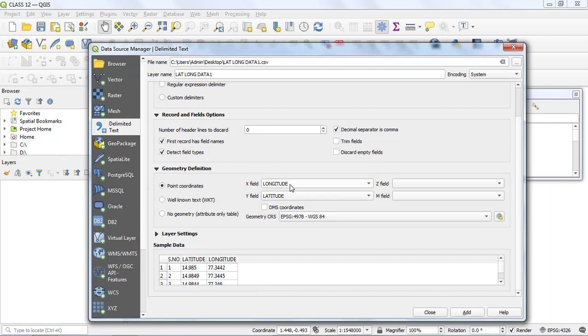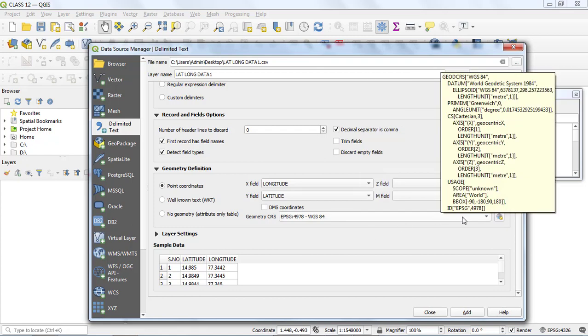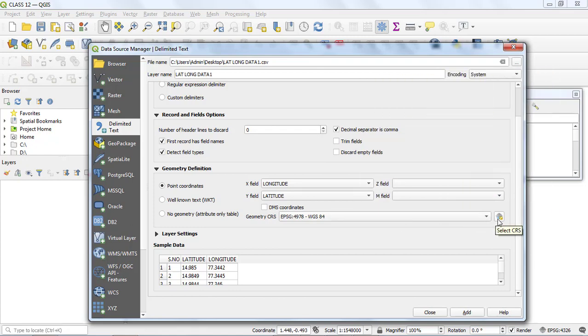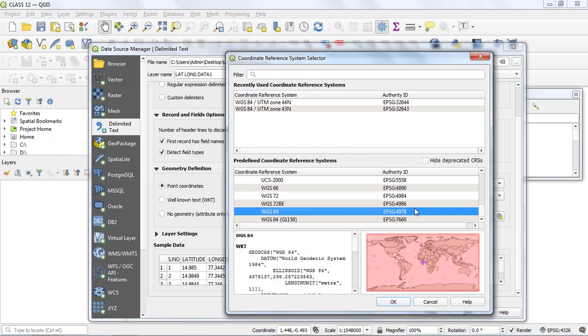And here in the X field we need to select the longitude, and in the Y field we need to select the latitude, and after that we need to select the coordinate reference system. Keep it in mind, we need to select the coordinate reference system that is WGS 84. We need to select this coordinate system, WGS 84 EPSG 4326. So search here